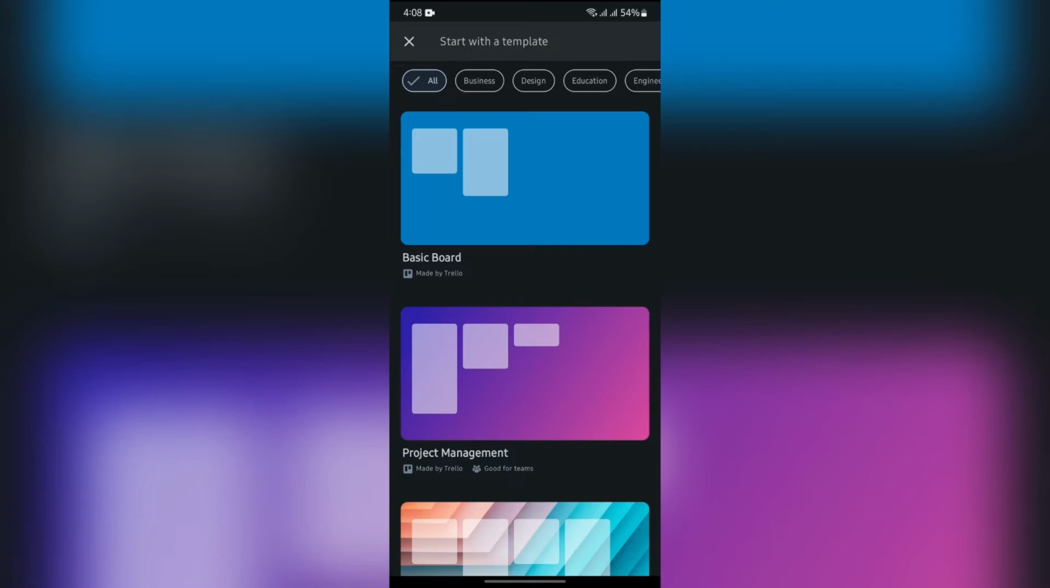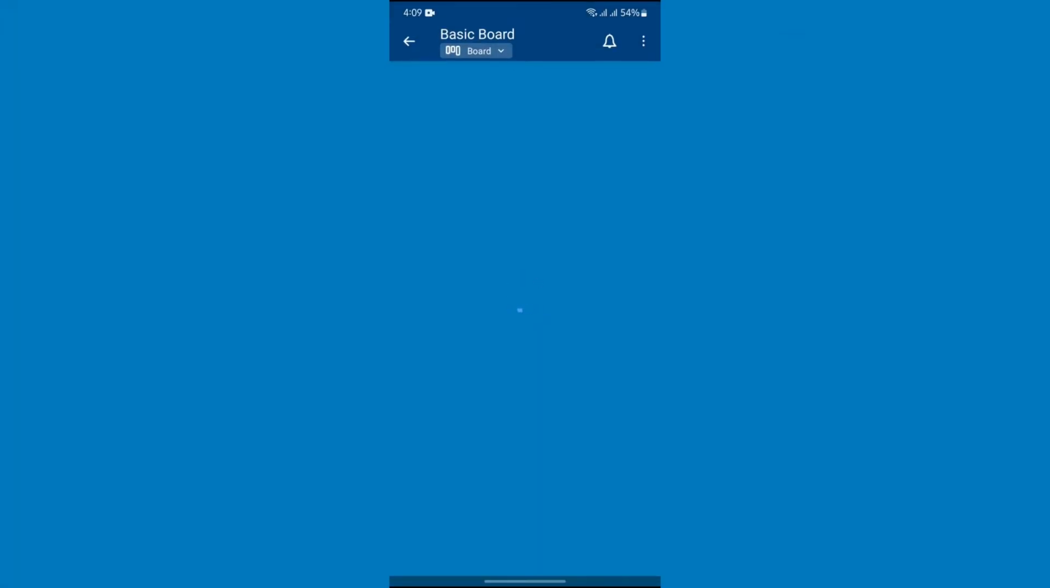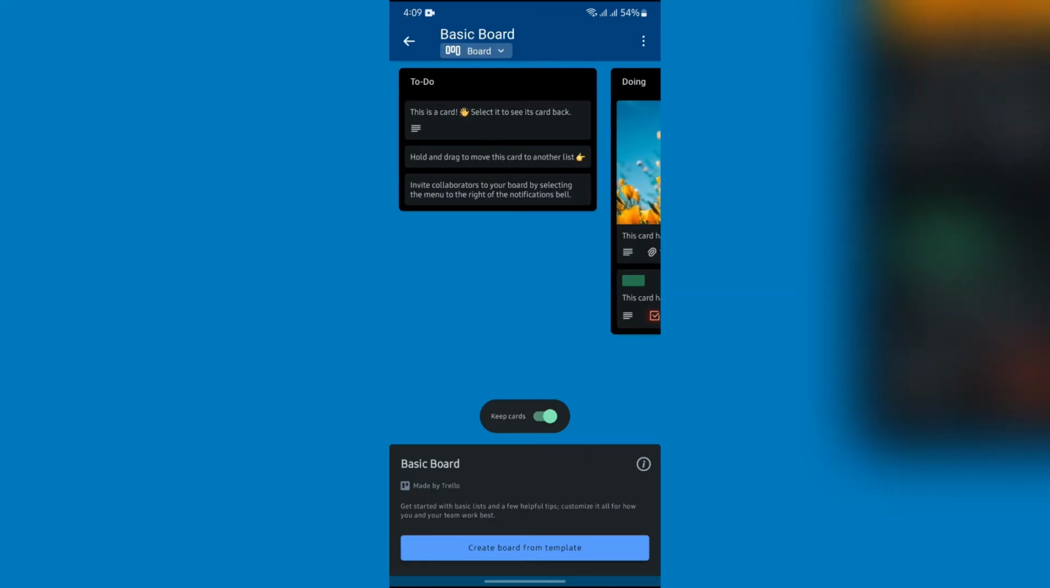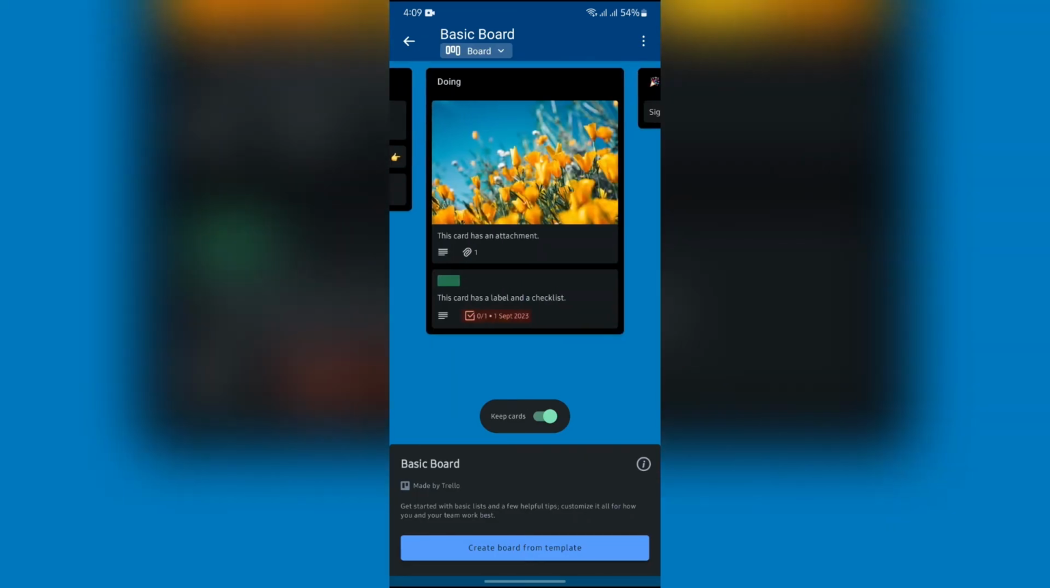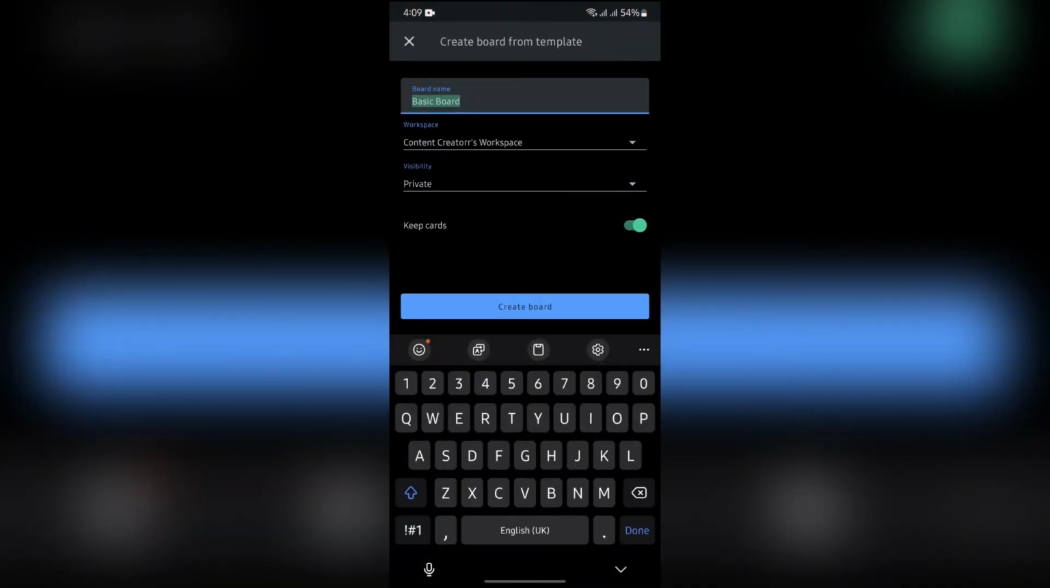And after tapping into there, you just simply have to select what kind of board that you want to use. At first, I'd like to make this basic board in here. Just simply tap into the board you want to make, and then you can choose all the available templates in here. And after that, just simply tap into create board from template, and you just simply have to name your